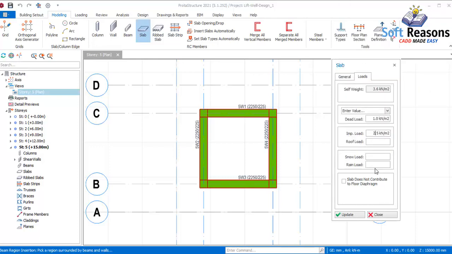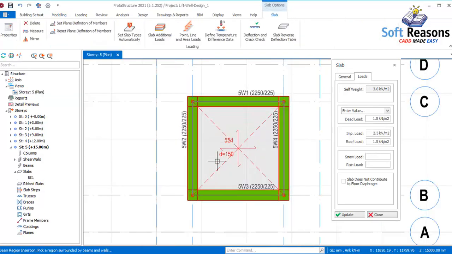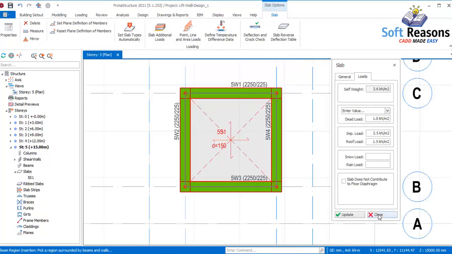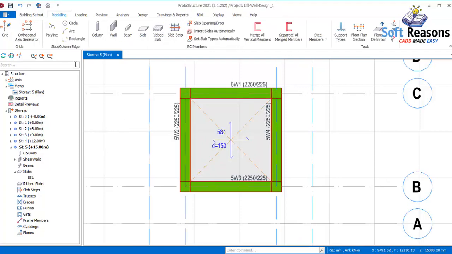All right, so for the roof load we will consider it to be 1.5. We are okay with this, so we just click inside of this provision to insert the slab, just like this. After which click on the close option